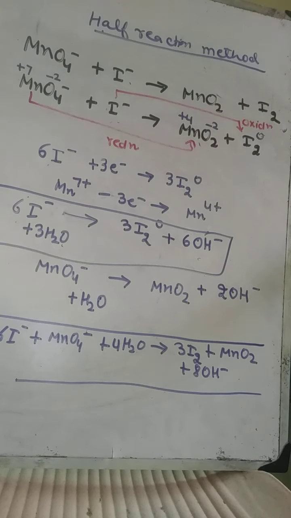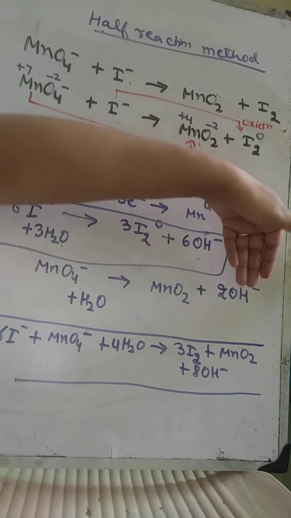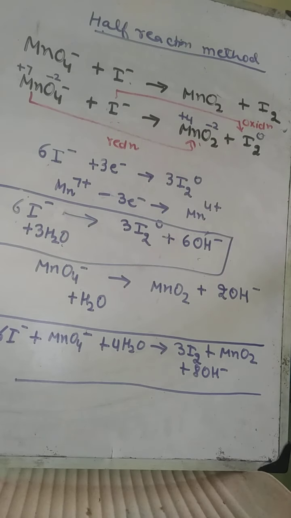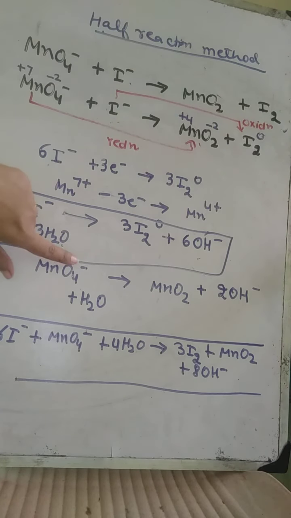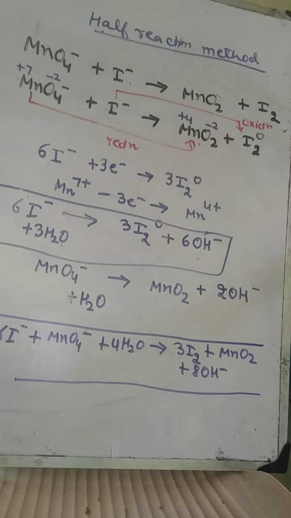One last time, when you are doing the reaction in acidic medium, you add H positive here according to the charge and half number of waters on that side. And if you are balancing in basic medium, then you add OH negatives on this side and half number of water molecules on this side. Here in this step I have made one trick. Even though the charge here was previously 1 negative, I cannot add half water molecule here. So since I wanted one water molecule here at least, that is why I added 2 OH negative there.